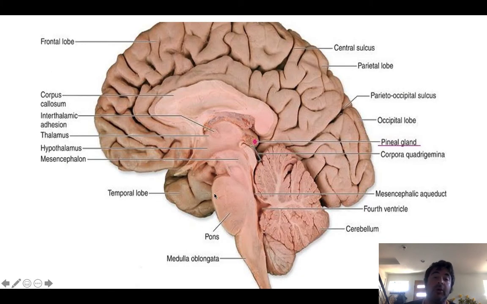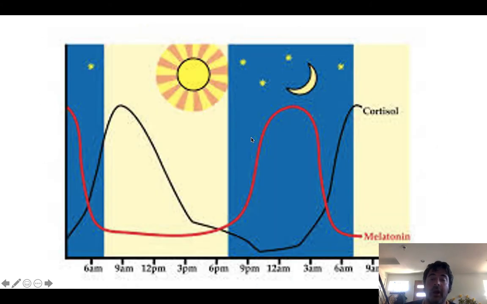So when you look at the brain, and you look back here at the pineal gland, right? There's that guy right there. The job of the pineal gland is to produce a chemical messenger or hormone called melatonin. And when we think about what the stimulus for the release of melatonin is, it's absence of light. So the pineal gland is directly linked to the pathways associated with vision and light,